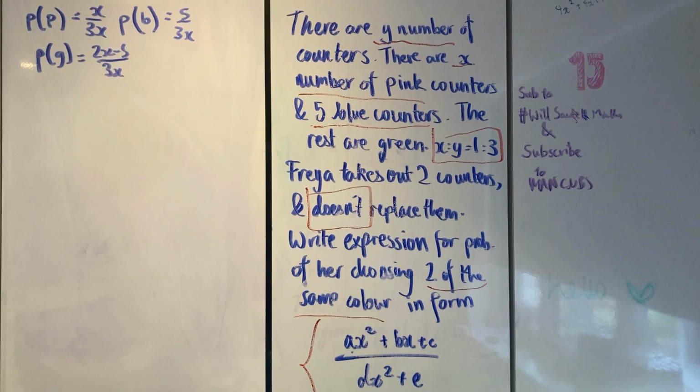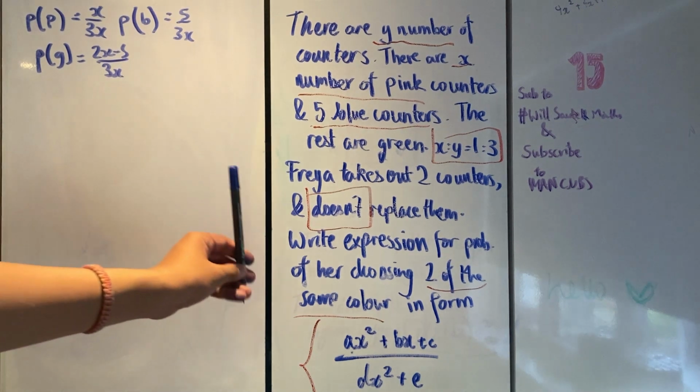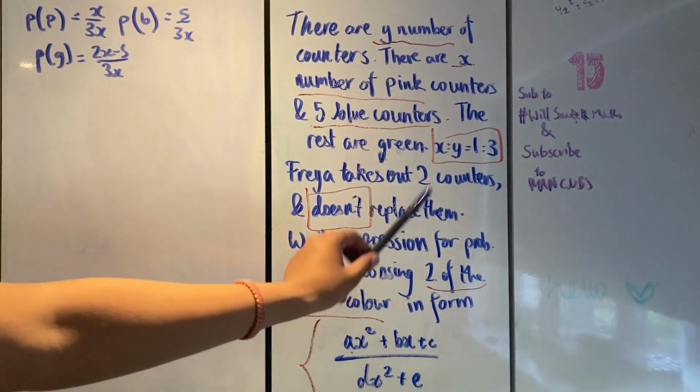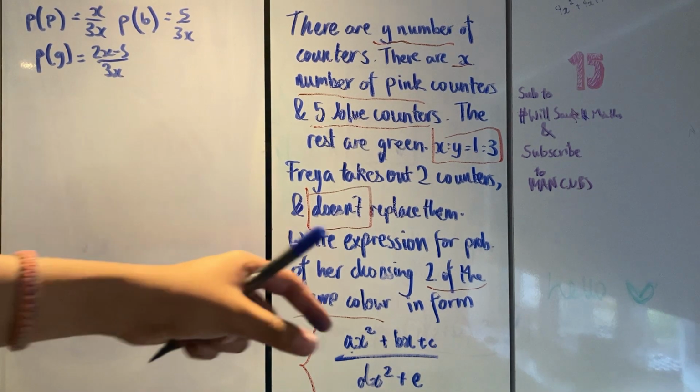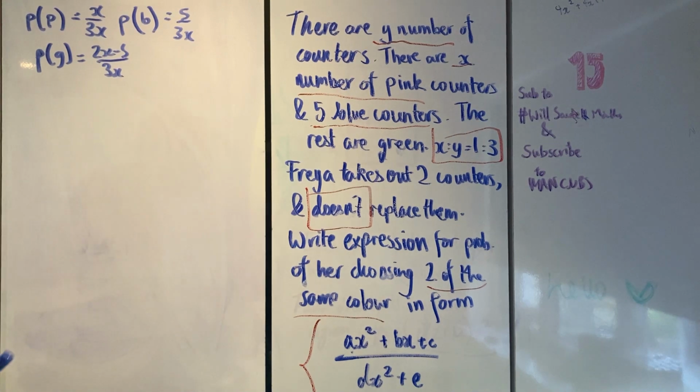So, I've rewritten the probabilities in terms of x on the top. Now, we can start writing the expression. So she chooses two of the same color. So what is the probability of her choosing two of the same color? Remember